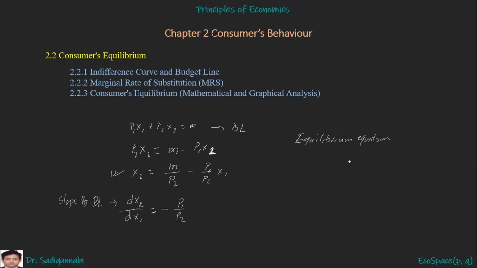So what is the equilibrium equation? Equilibrium equation is, minus cancel out. So MUx1 divided by MUx2 equals P1 divided by P2. Okay, so this is called the law of